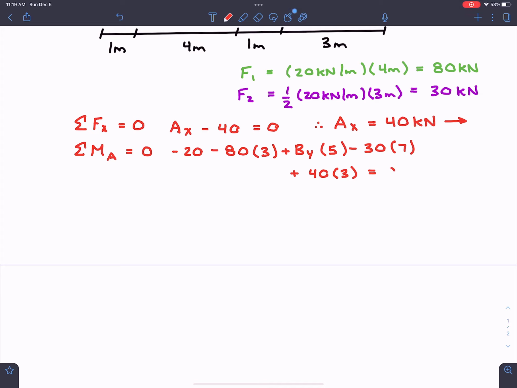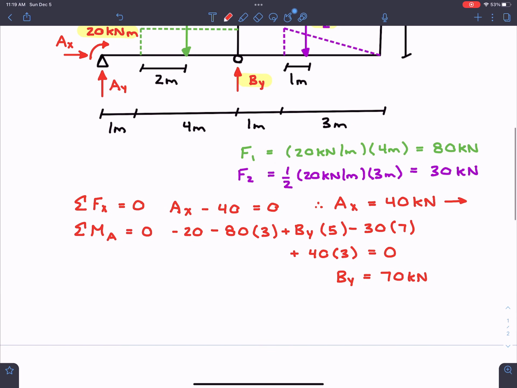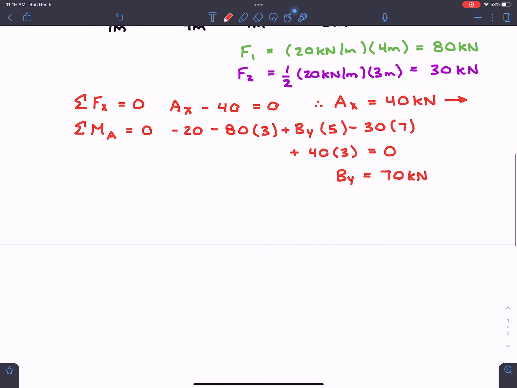And we know for true equilibrium, this has to be equal to 0. And as we're going to see, if you were to solve the equation, our only unknown is By. And if you solve it, you will determine By as 70 kilonewtons. And the assumed direction of upwards was actually correct, so I'm just going to put 70 kilonewtons